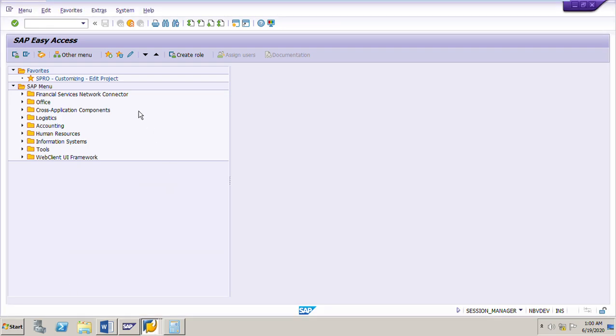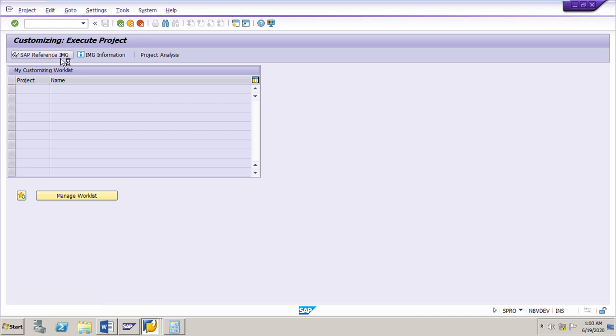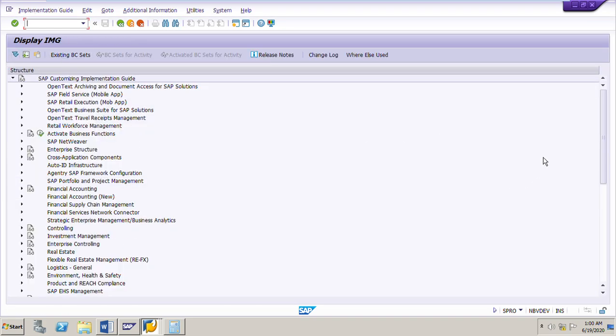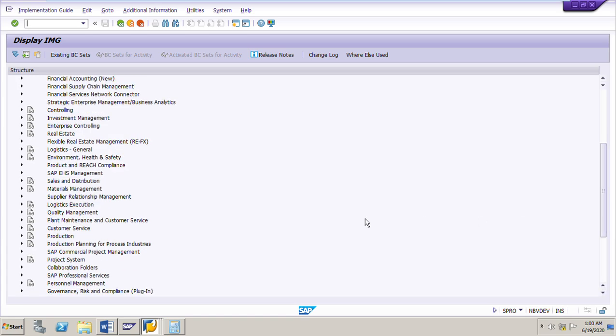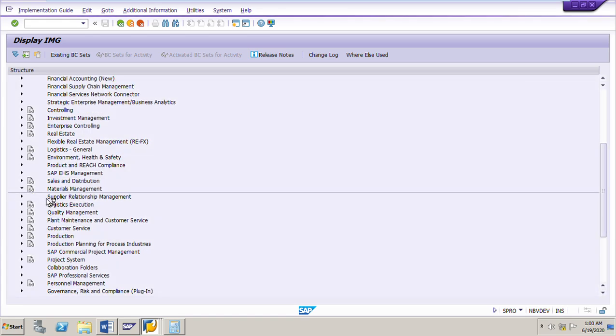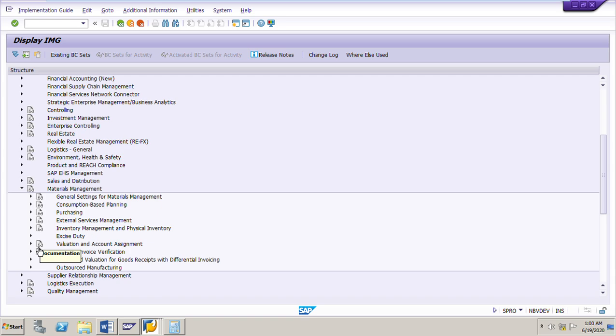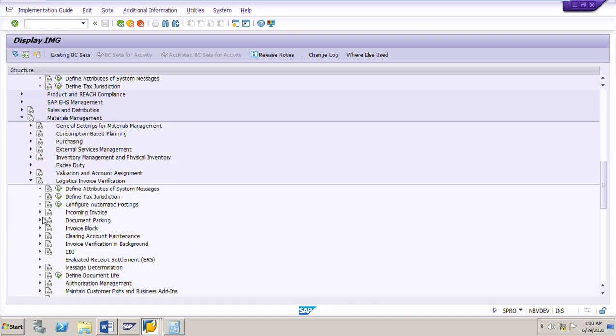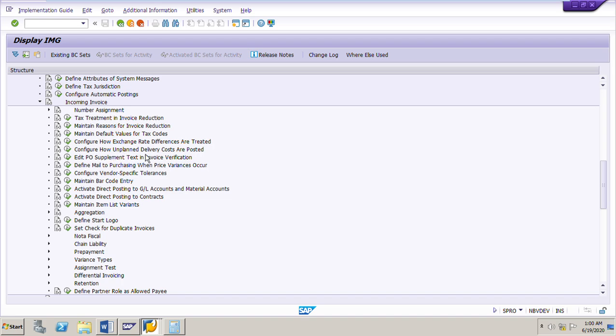If I go to SAP SPRO, SAP Reference IMG, go to Materials Management, Logistics Invoice Verification, Incoming Invoice. Here, Maintain Default Values for Tax Codes. If I go here, this one.